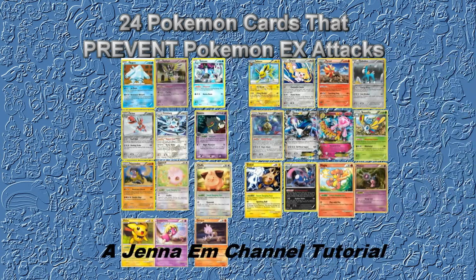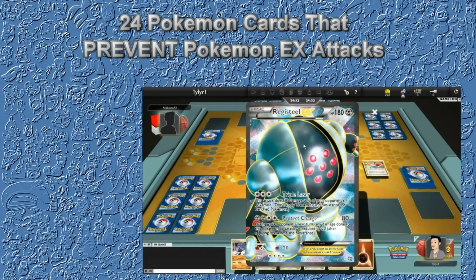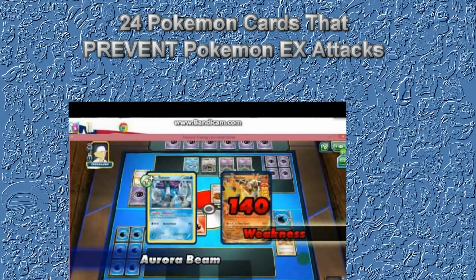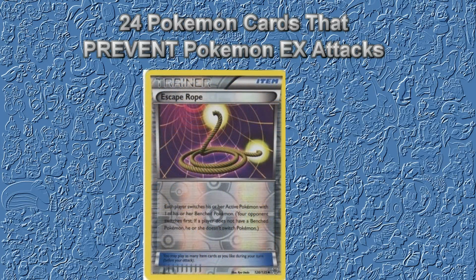24 Pokemon cards that prevent Pokemon EX attacks. You put out your very best Pokemon EX as your starting card, only to come head to head with a Pokemon that prevents Pokemon EX attacks. What a drag! Options include using a switch type card or ability to put your opponent's active Pokemon on the